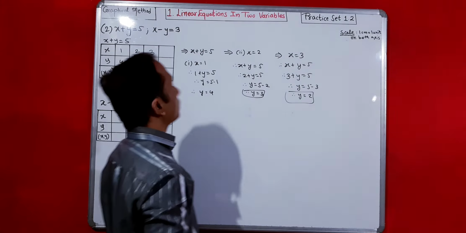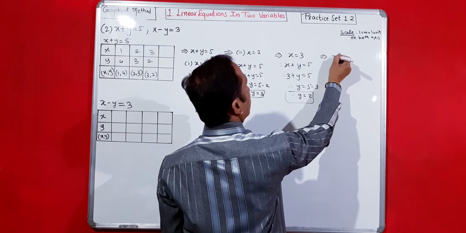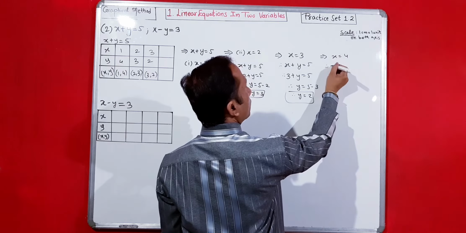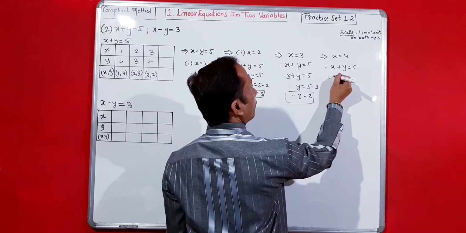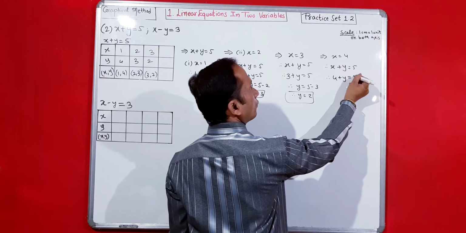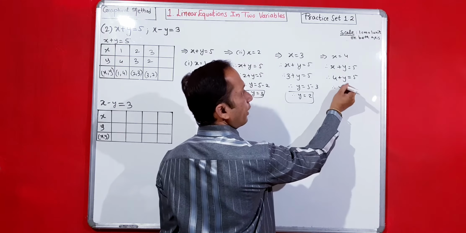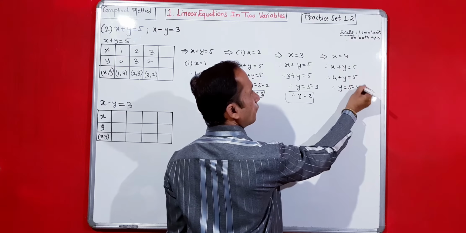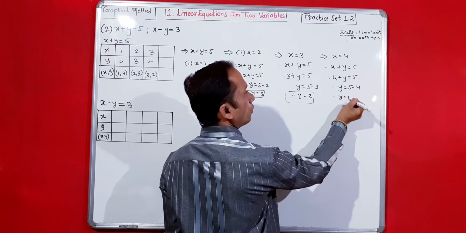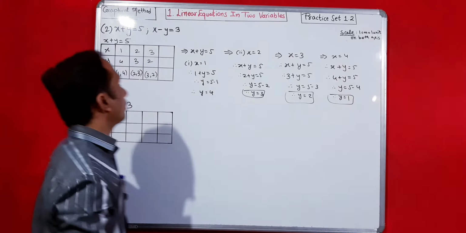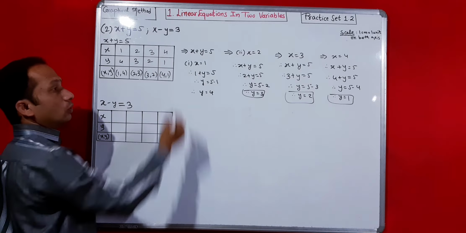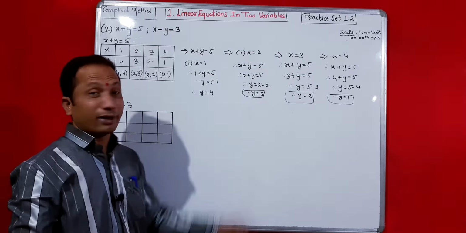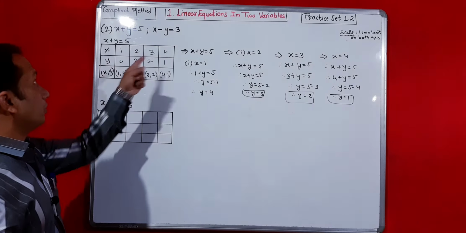Now I will consider last value, x is equal to 4. Okay, therefore x plus y is equal to 5, therefore 4 plus y is equal to 5, therefore y is equal to 5 minus 4, therefore y is equal to 1. Okay, so 4 and 1, 4 1. Okay, so just you do the calculation like this, you'll get easily the values for both x and y